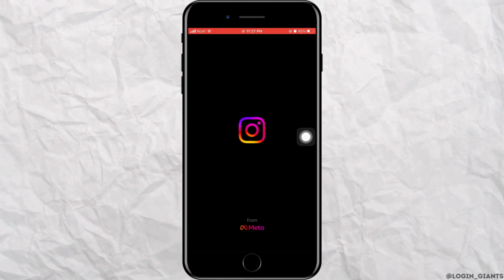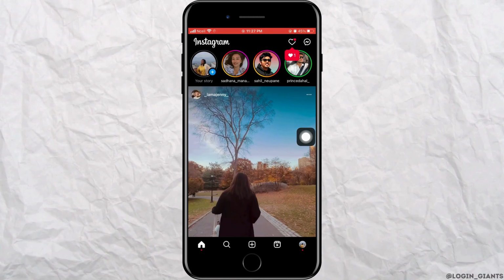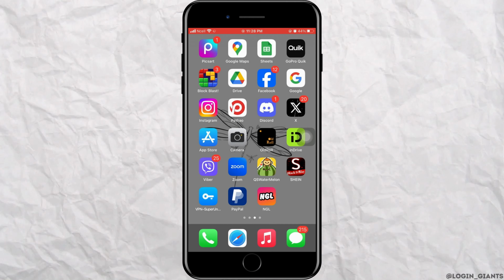Now when you go ahead and open Instagram and press your home button 3 times, you will get an option of Guided Access. When you tap on it, you will see various options where you'll be able to lock the screen. And when you do that, you will not be able to move the screen of Instagram. And that is how you can lock